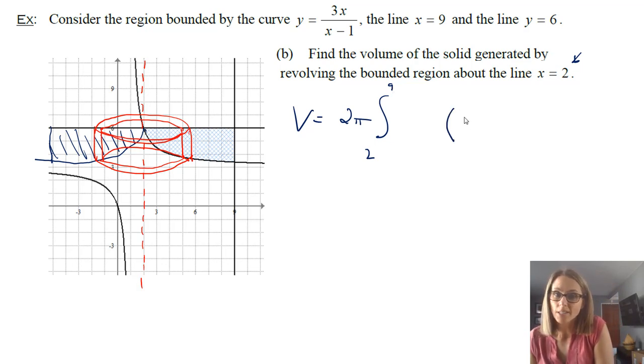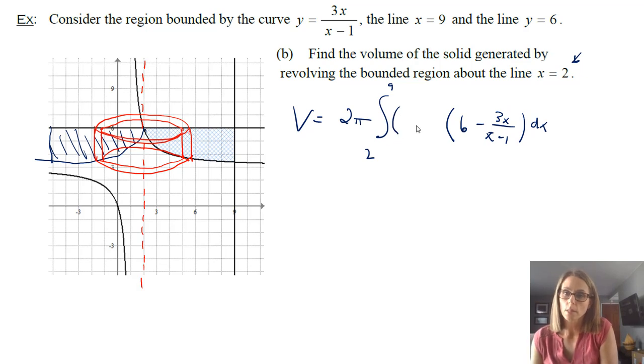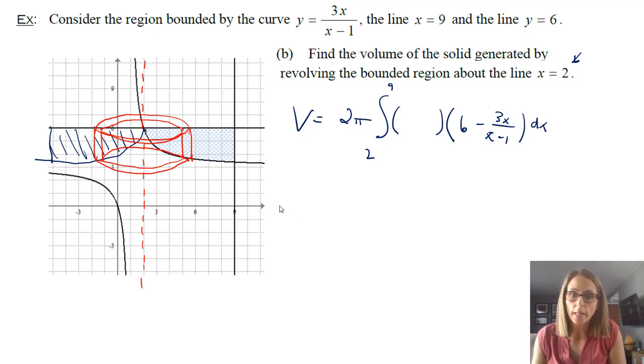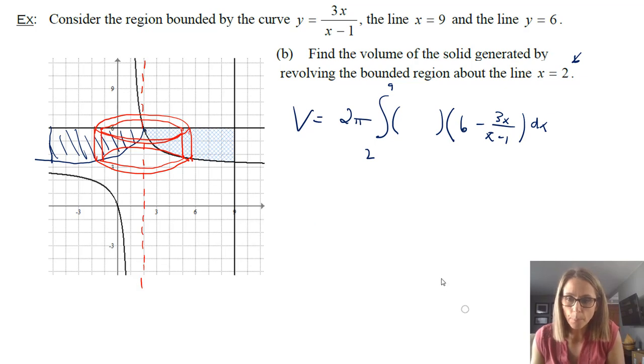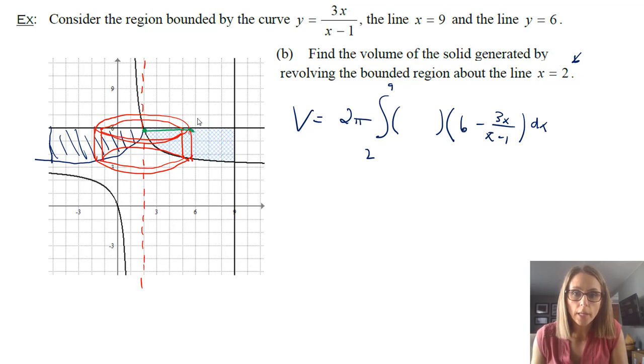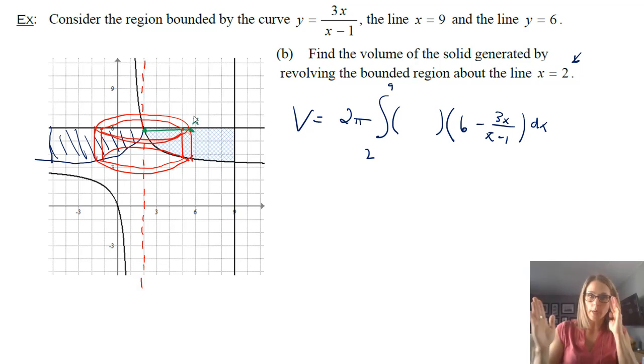Like I said, the height you can tell is no different. So we're still going to have this height. The only difference is this piece right here. Instead of x, let me find a different color. The radius of this is from here now to here. So notice it goes from here to here. So out here is some x. That's wherever you are along the x-axis.